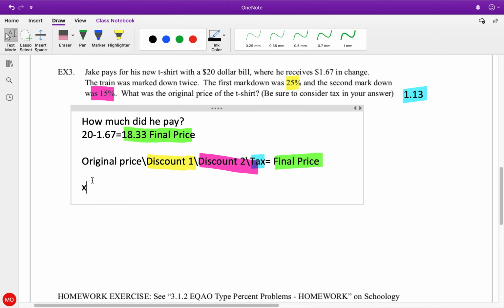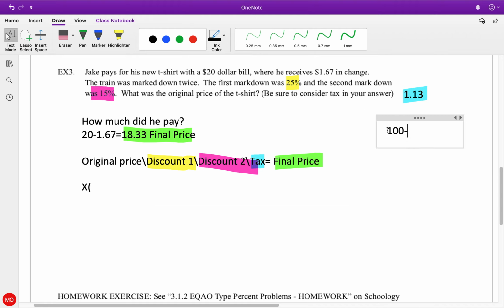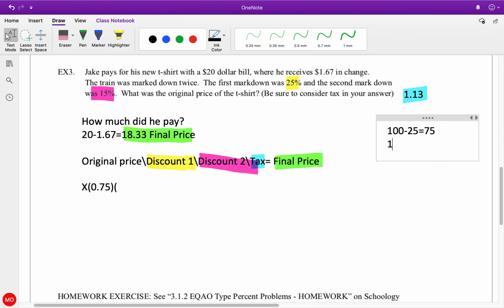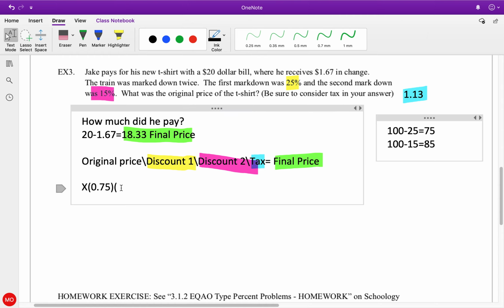And then, multiplied by X was the first discount, which is 25, and let's do some math inside here. 100 minus 25 equals 75, so then we're going to divide that by 100. And then we're going to do 15%. So 100 minus 15 equals 85. So 0.85. Then we're going to do our tax. 13